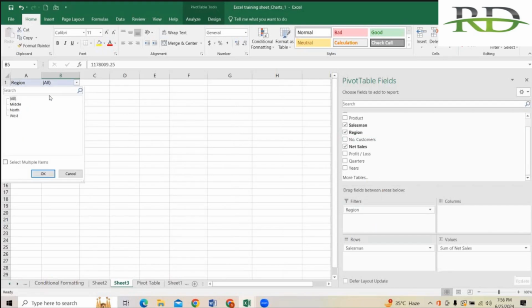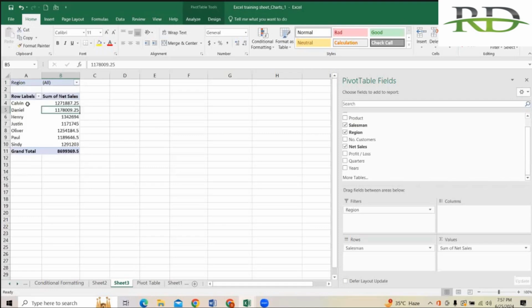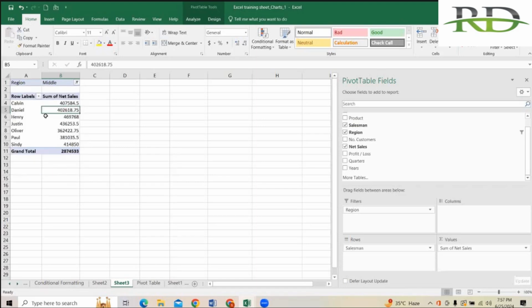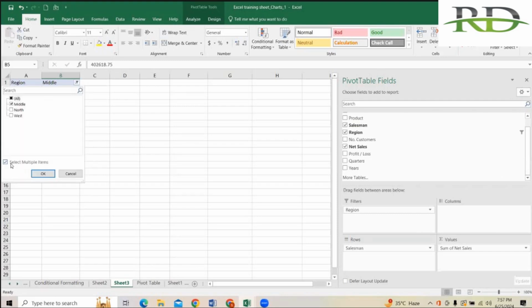If you want to select how many sales were done by Calvin in the middle region, then in that case select middle, click OK. So in the middle region, the total number of sales done by Calvin is 4,77,084, and in the middle region the total sales done by Sandy is this. Or if you want to